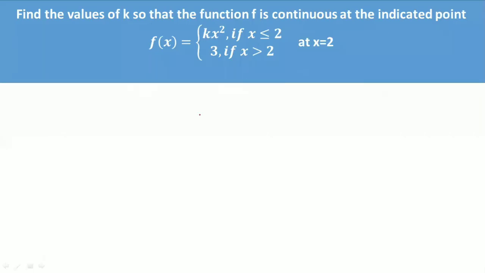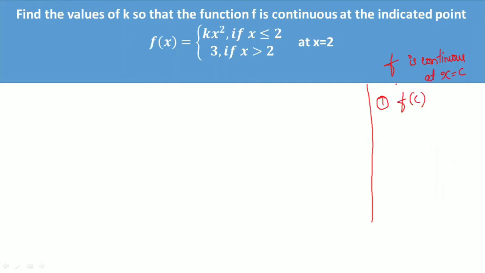Okay, so what you have to find in this is the value of k so that the function is continuous at a given point. When you have continuity, the first thing you should remember is the definition. How will you prove that a function is continuous at some point? If you have to prove f is continuous at x is equal to c, then you have to verify three conditions. The first condition is: what is f of c?